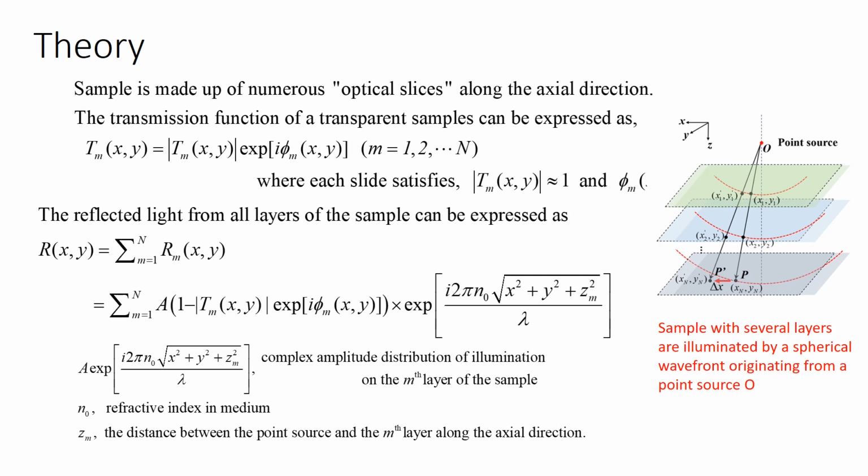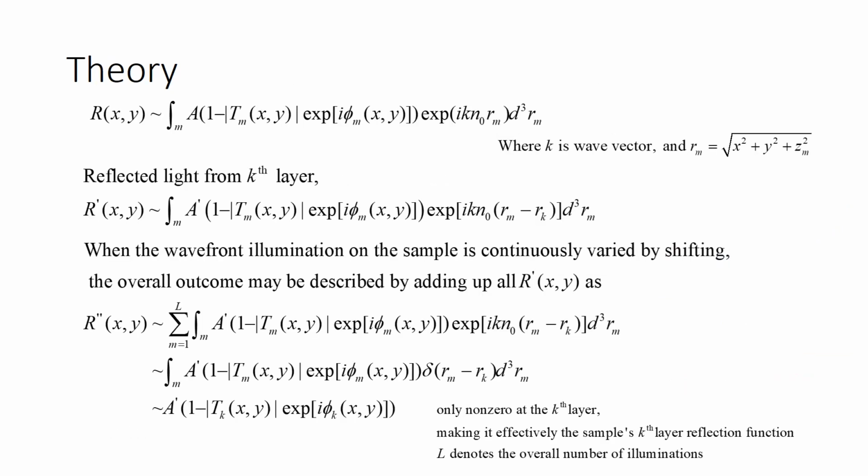And this exponential function represents the complex amplitude distribution of the illumination on the mth layer. n0 is the refractive index, and zm represents the distance between the point source and the mth layer along the axial direction. The overall reflection from the sample can be further simplified as an integral as shown here, R(x,y), and